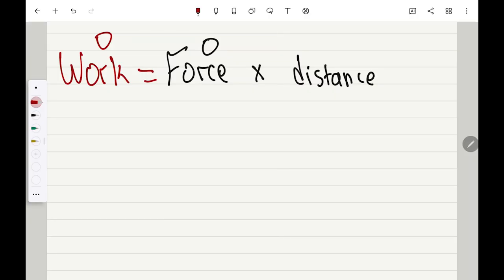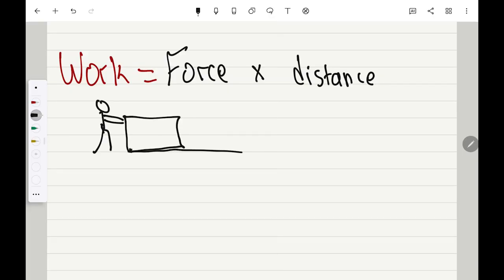All right, now if you don't understand that, I want you to take a look at what I'm going to do right now. Imagine scenarios, because they always make things easier to comprehend. Imagine the man that we talked about a few minutes ago is trying to push the box, and he's trying to move it a certain distance, but the problem is the box in question happens to be very heavy. Now this man right here applies a big force on the box, but